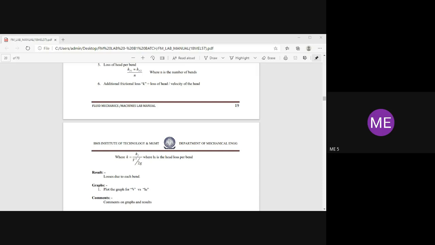Like that, I am going to give another trial. So 4 trials for without bend and 4 trials for with bend, because we need both. HF1 this one, HF2 this one for first trial. Like that, we are going to calculate HF1, HF2 for trial 2. And diameter is same.